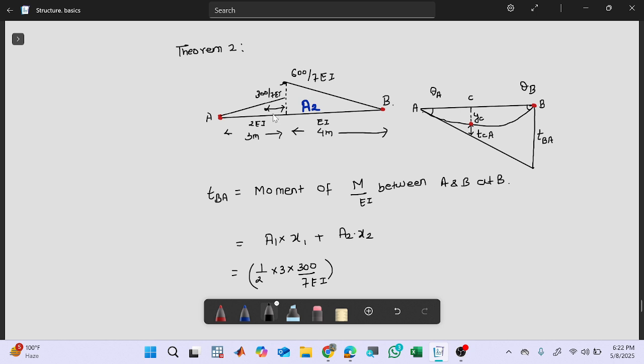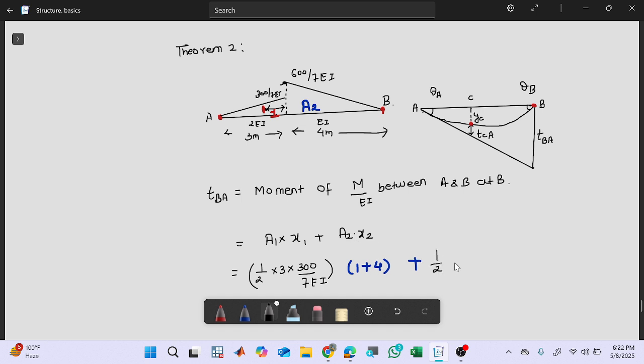Let's say it is 3, then this should be 1. So this value is 1. And what is the distance between this and this point B? Isn't it 1 plus 4? So I can write X1 as 1 plus 4, the total distance,